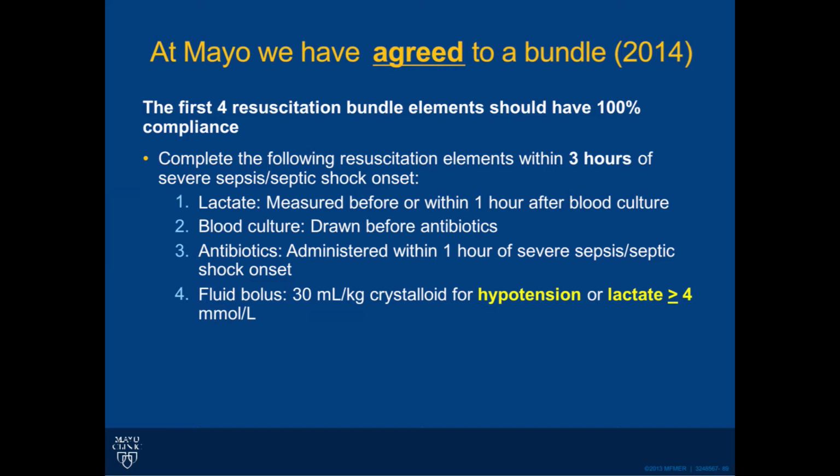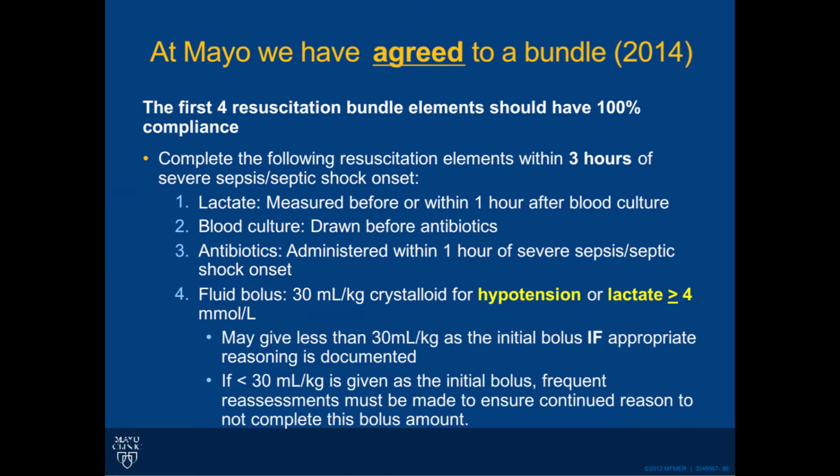And then for fluids, we felt that the actionable interaction was when blood pressure dropped or lactate was resulted at greater than 4. Because if someone isn't hypotensive or doesn't have a lactate of 4 or more, we don't know how much fluid they need, because every intervention has always had those 2 things as the input. It doesn't say you shouldn't or can't give fluid to people before that happens, but once it happens, we're going to hold you to that volume expectation.